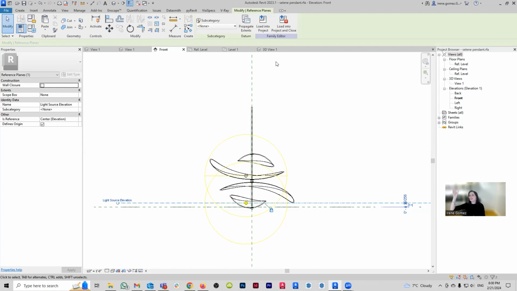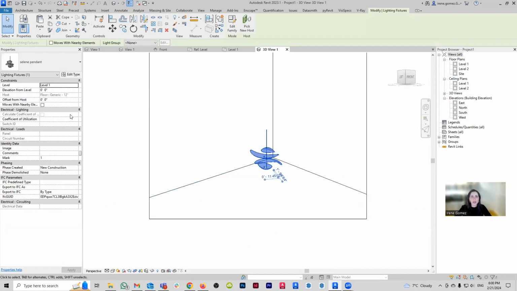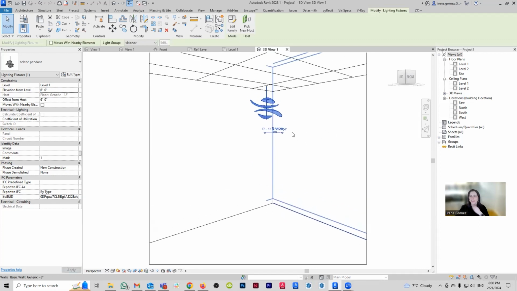You don't really say, oh yes, I want it hanging 2 feet from the ceiling. Instead, you usually say, I want the lighting fixture to be 6 feet above the floor, 8 feet above the floor, 3 feet above the countertop. So you're usually working from the bottom up when it comes to dimensions. So because of this, I can come to my 3D view and I can say, okay, I'm going to select you and you are going to be, see, level 1. And I can say, well, you're going to be, I don't know, 6 feet from the floor. And there you go. See how it's moving it?